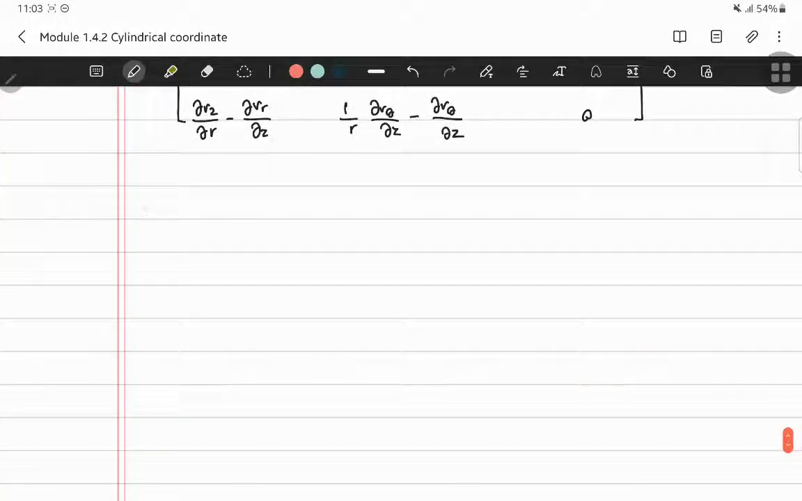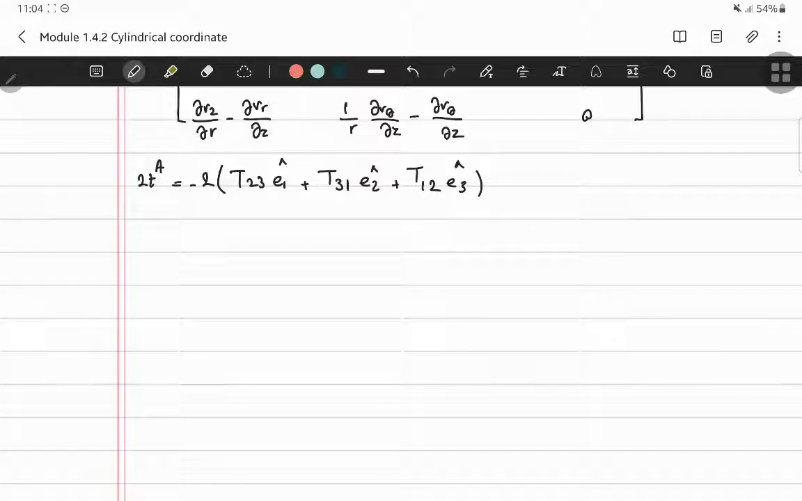So if you recall, this 2t was minus 2 t3 e1 plus t1 e2 plus t2 e3. And if you have some difficulty with this, you can refer to the polar coordinate video, because I already devised a way to remember this. So this becomes minus 2 of t theta z e r plus t z r e theta plus t r theta e z. So here I simply substitute 1, 2, and 3 with r, theta, and z. All right, so we have minus 2. So this 2 actually